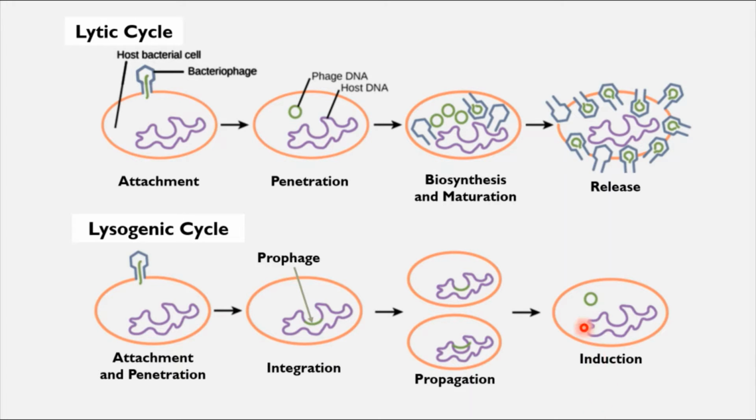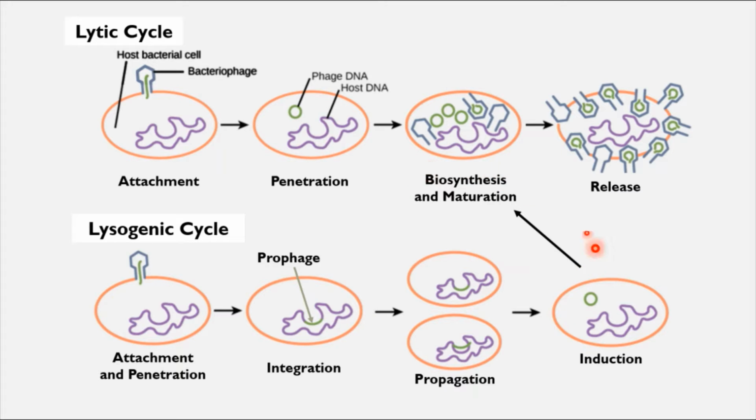Induction is where the bacterial cell realizes that it has been had, and the piece of viral DNA is kicked out of its chromosome here. Induction can be triggered by environmental forces like stress, like exposure to UV light or exposure to certain chemicals. But regardless of the reason for induction, once induction happens, the virus will feed into the lytic cycle and initiate the hostile takeover. Once this piece of DNA is kicked out, then the virus immediately jumps into biosynthesis mode